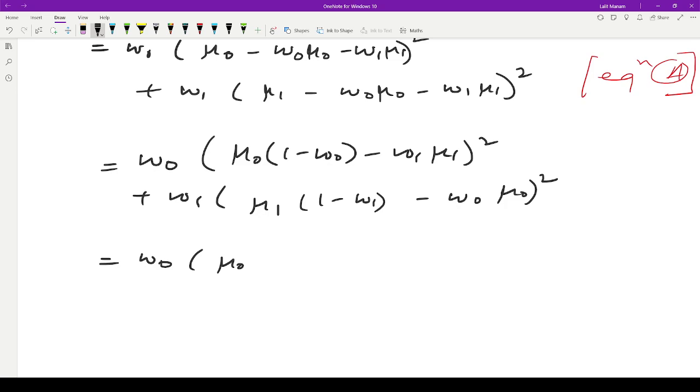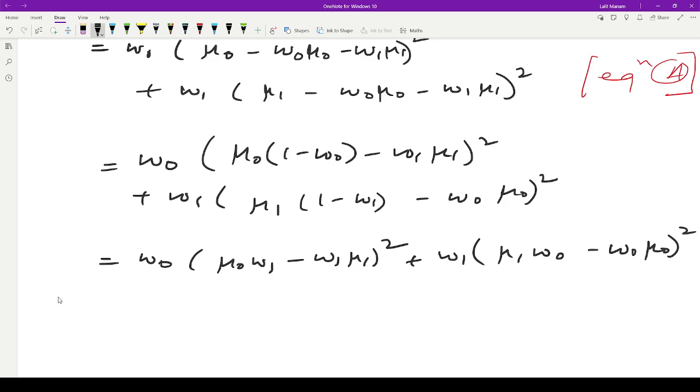Okay, I guess people are lost somehow. W1 is the probability that a particular intensity value belongs to class 1, and W0 is for class 0. So both should sum to 1, right? Because they are the only two classes that we are considering. So 1 minus W0 is W1, minus W1 mu1 square plus same thing out here, mu1 W0 minus W0 mu0